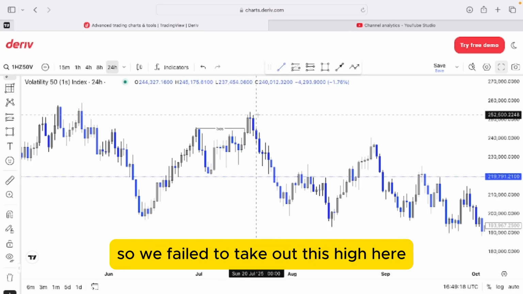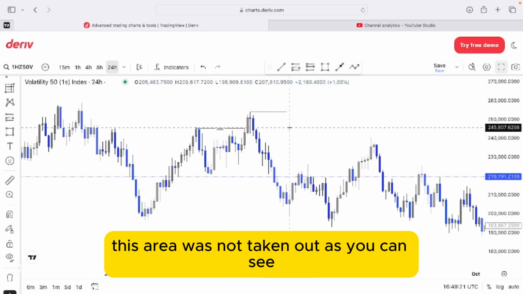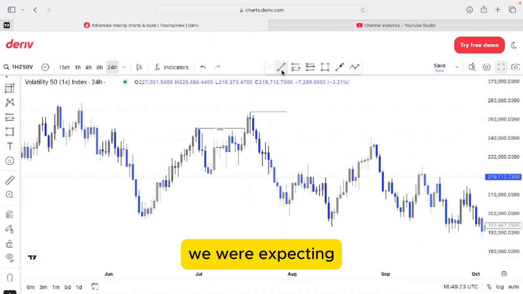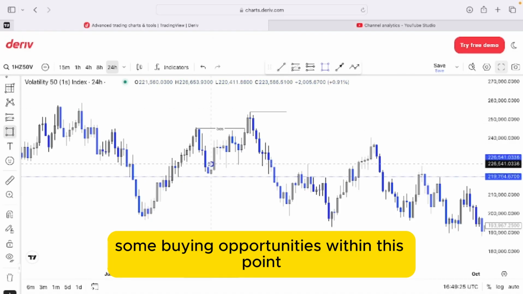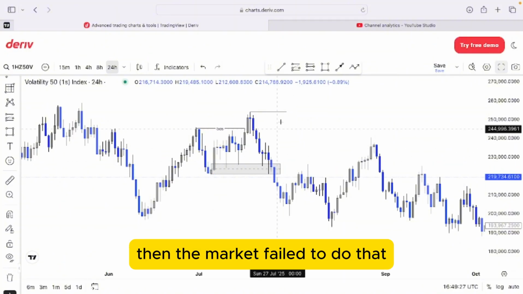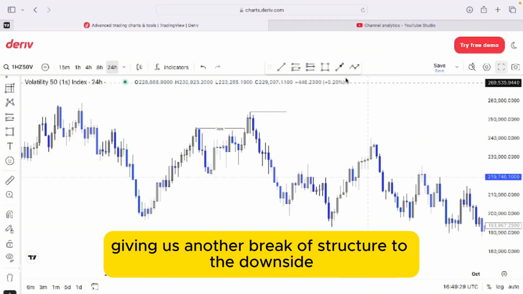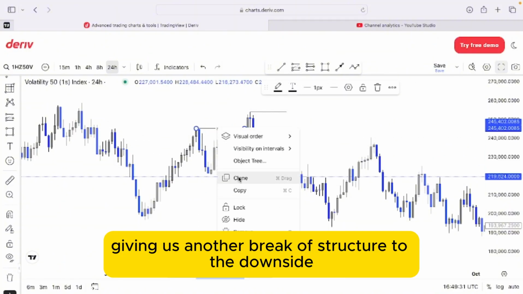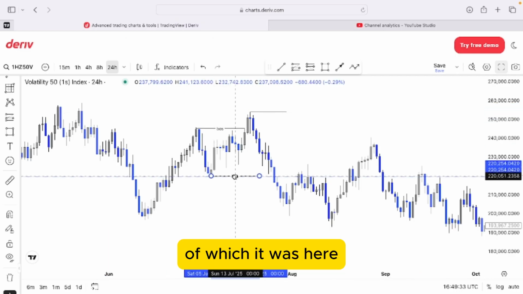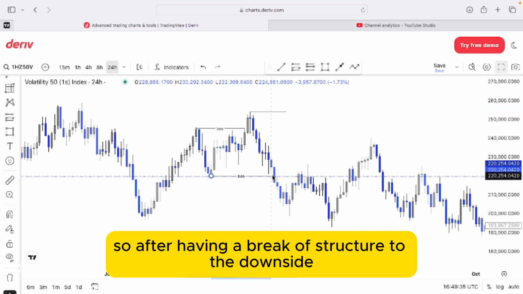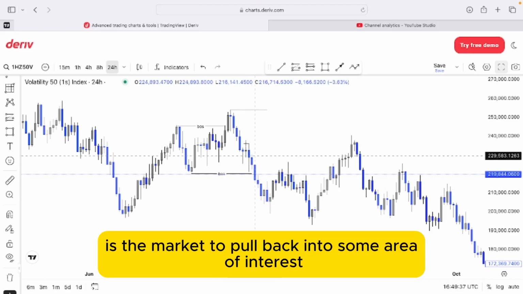So we failed to take out this high here. This high here was not taken out. As you can see, we were expecting some buying opportunities within this point. Then the market failed to do that, giving us another break of structure to the downside, which was here. So after having a break of structure to the downside, what we expect is the market to pull back